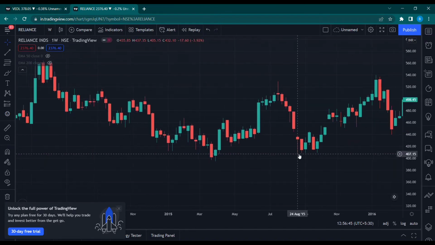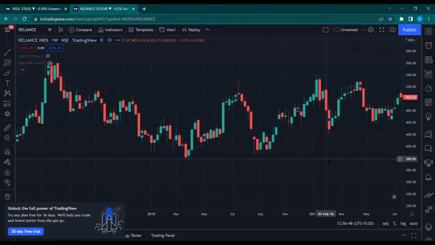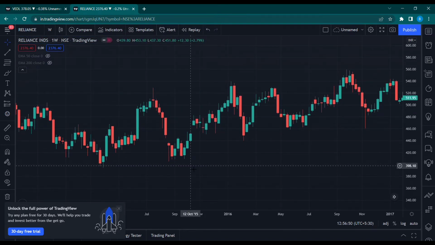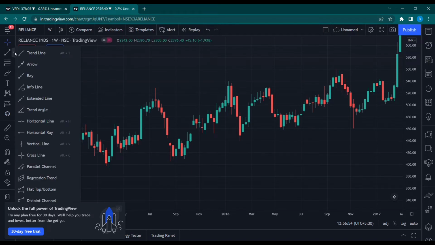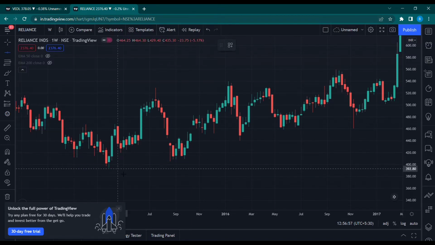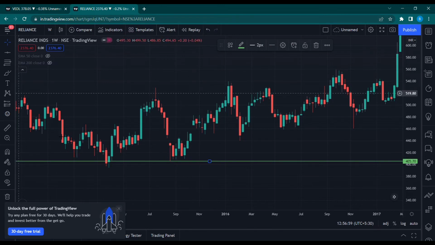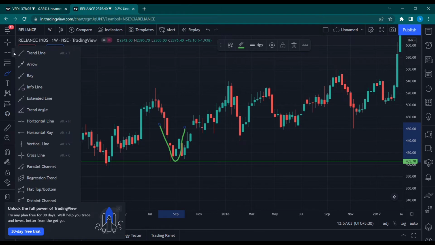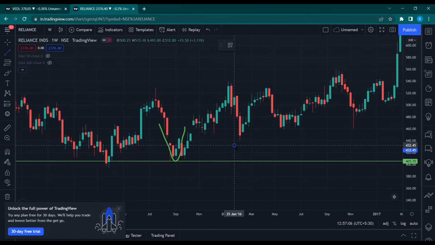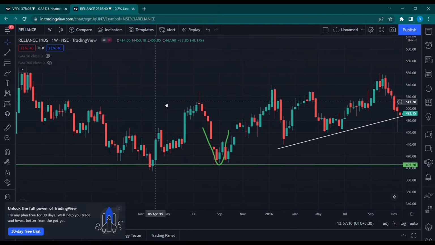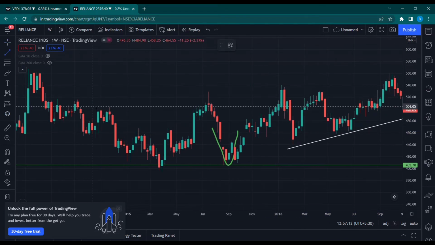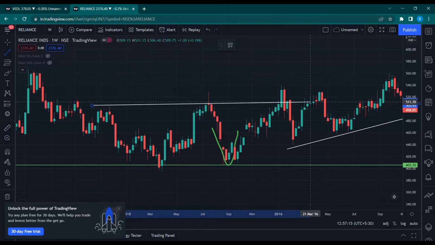So as I said, supports, resistances, now we have trend lines as well. So say for example, we can think of buying at supports, right? So what is the basic difference between buying at normal support levels or buying at support trend lines? Which should be better in your case, right? So as I said again, there is trend, right? In case of trend lines, we have a trend in the market, right?